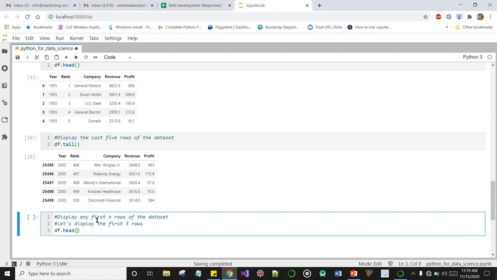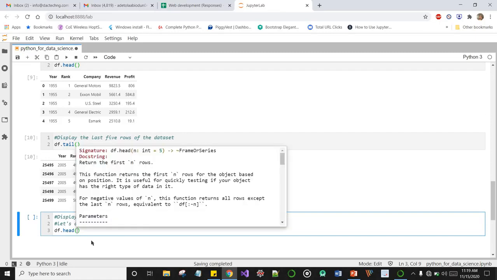I want to quickly show you a trick to check out documentation for built-in methods in Python. You make sure your cursor is blinking in between the brackets here. Then you can simply press Shift plus Tab on your keyboard, and boom, you have the documentation for a particular method. You can see it returns the first n rows of the object based on position.